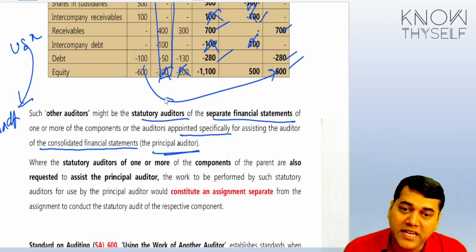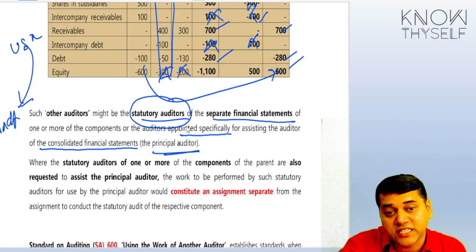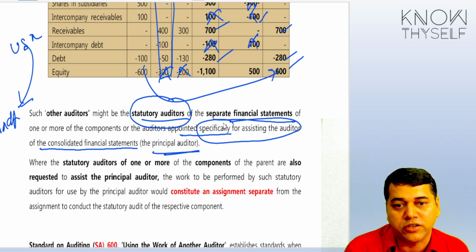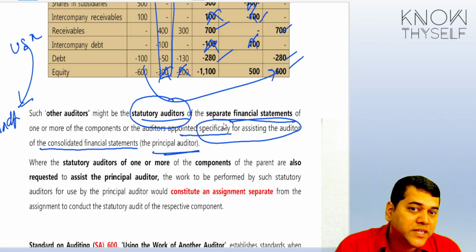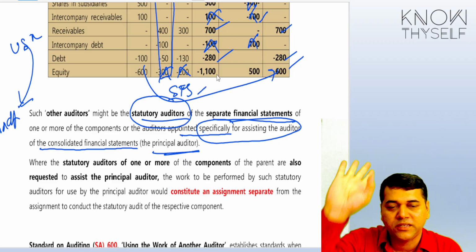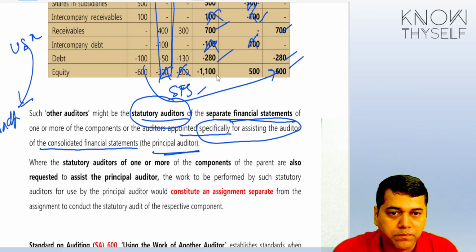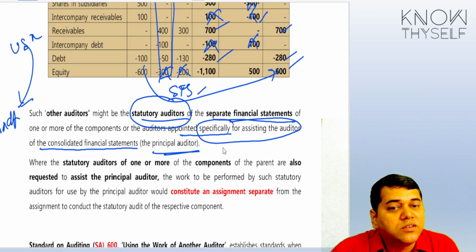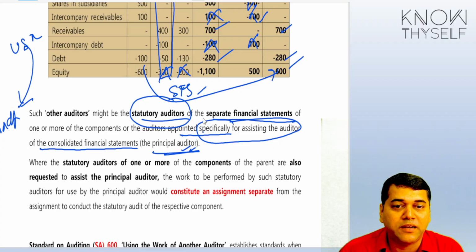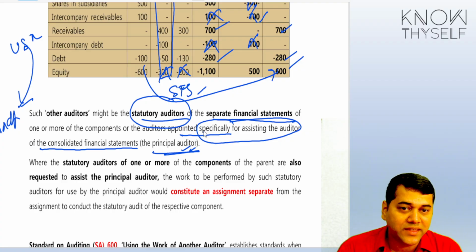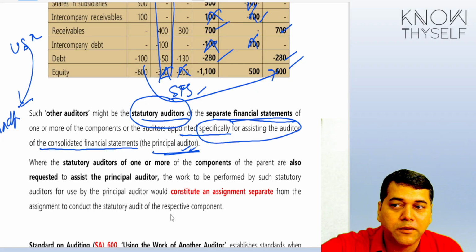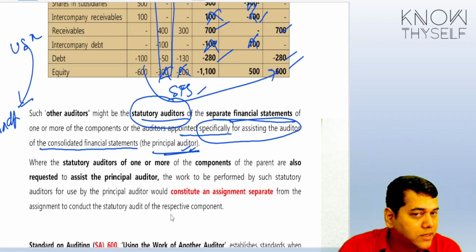So, the management of the subsidiary can request their statutory auditors that please help our principal auditors to do this consolidation. So, this becomes their additional responsibility. The first responsibility is to sign SFS, which they have done as per the Companies Act or whichever act applicable to them. But since they have to help now principal auditors to consolidate, yes, now they will get one more assignment and they will be paid fees also. Now they will respond to you in the form of checklist. You may ask them to audit that principal item. They will listen to you. Otherwise, they will not listen.